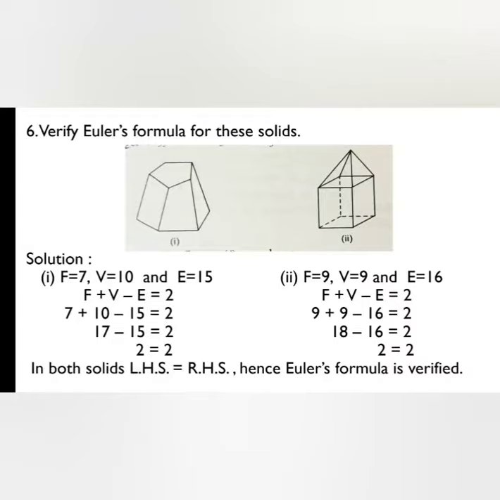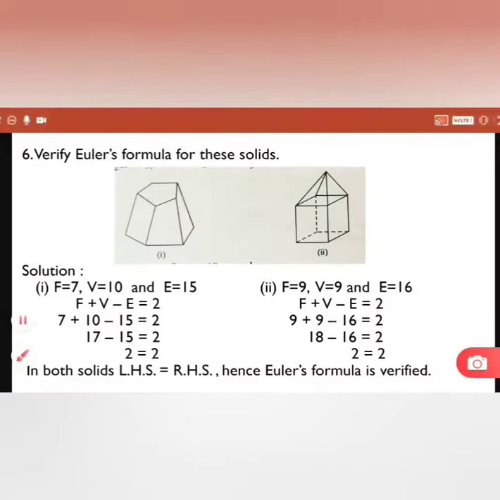So for the solution, the first figure, a pentagonal prism, is given. First, finding the faces. You can see one face at top and one face at bottom; the base part down here is also a face. And as it has 5 sides, 5 lateral walls will be there. So this will be 5: 1, 2, 3, and 2 are behind it. So the total number of faces is 7.